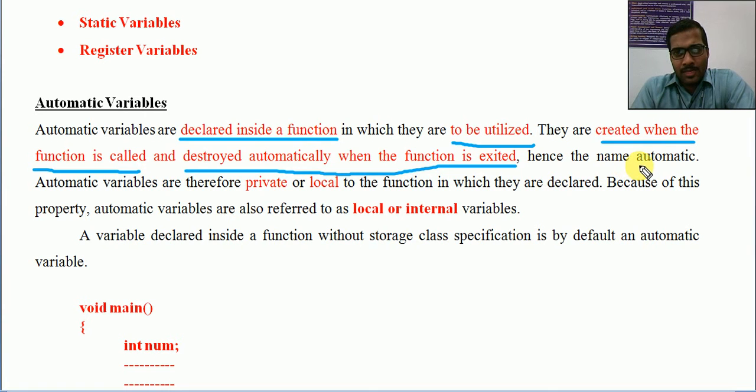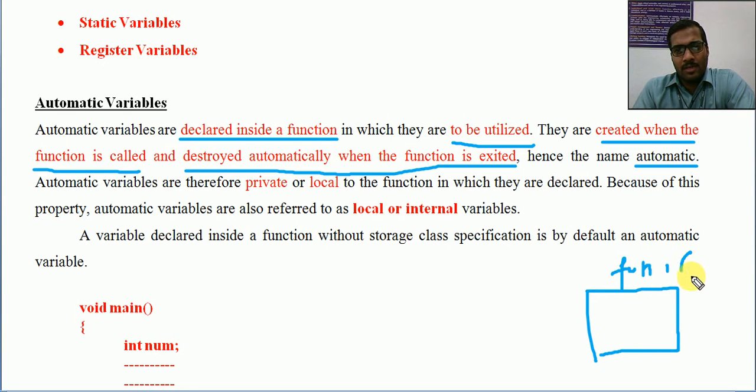Why is it called automatic? Because these things will happen automatically. The memory will be created automatically, and destroyed automatically. When we enter into a function, for example not main but a function fun1, the variable, like int x, will be created.